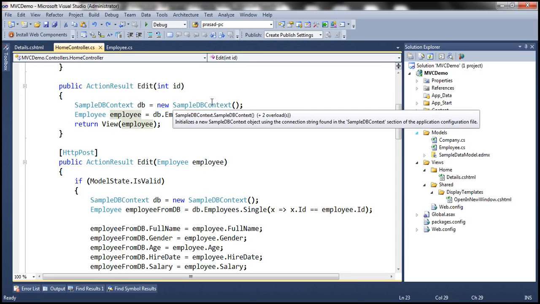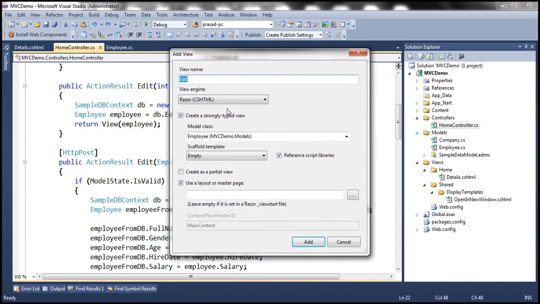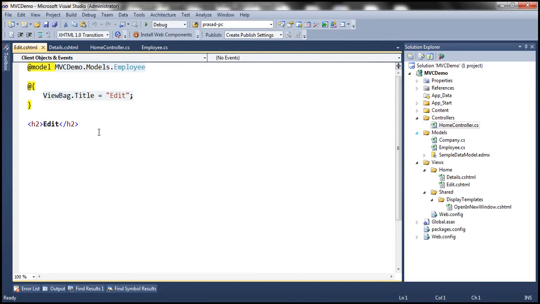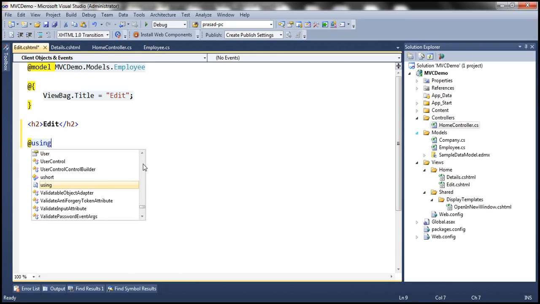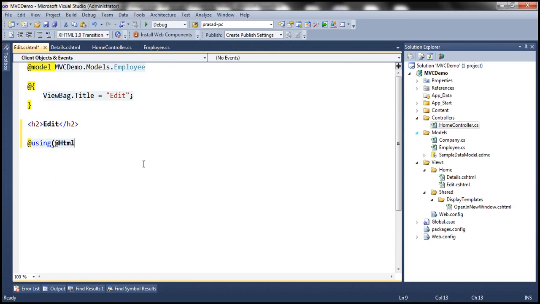So let's go ahead and add a view. The name of the view is going to be edit. We are going to make use of Razor View Engine, and the model class is going to be employee, but I'm going to choose empty as the scaffold template, so it's not going to generate all that HTML for us. And here I'm going to use the using statement, and then we need a form tag, so I'm going to use begin form HTML helper, and then within this I'm going to use